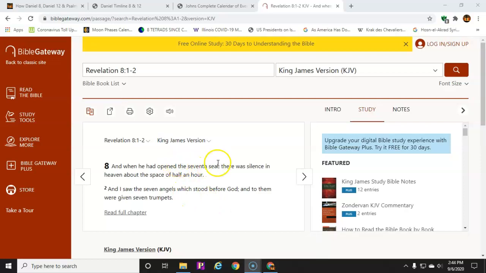He breaks the 7 seals. There's a half an hour of silence, and then and only then does he hand out those 7 trumpets. This is very important in understanding the chronological sequence of events. You can't change his words to fit your dialogue. So you have to work around what he's telling you here. He's breaking those 7 seals. After he breaks those 7 seals, there's a half an hour of silence, and then we see the 7 trumpets handed out, and I'll explain how that occurs.